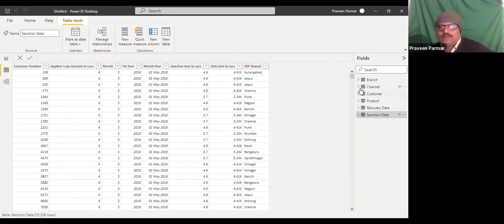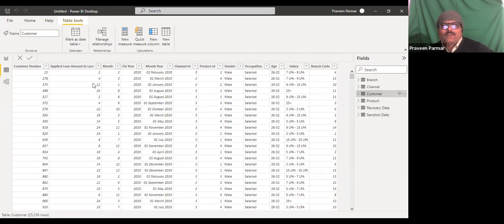So let us see how we could first do some data preparation manipulation in this table. You see here in the recovery data, first I will show you the customer table.